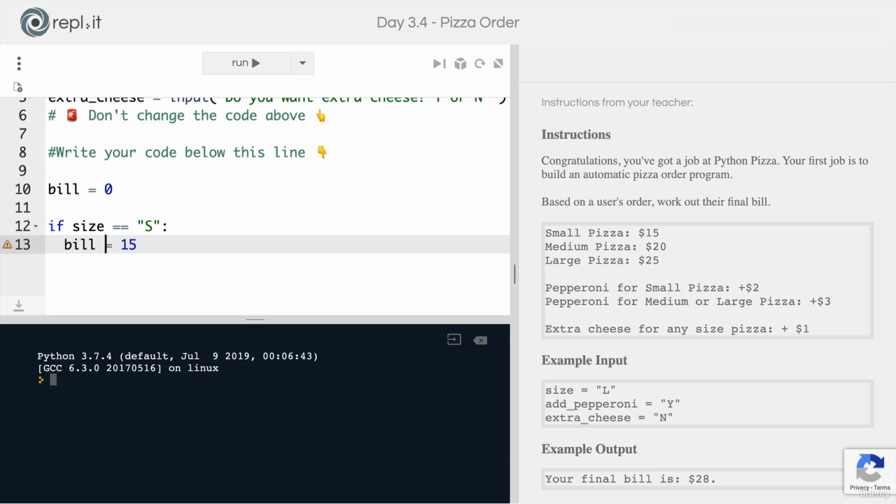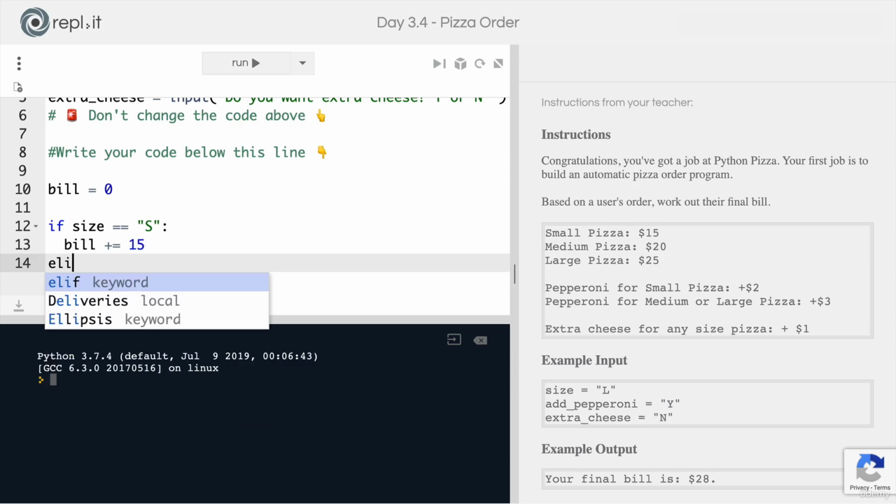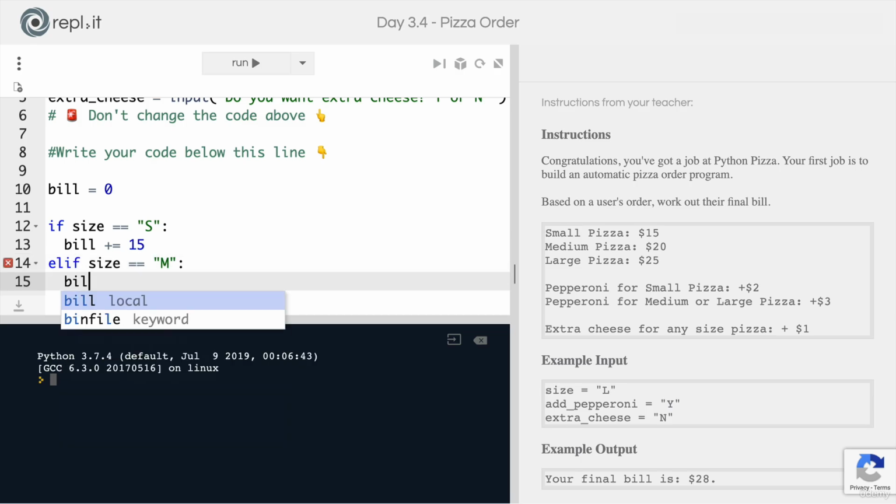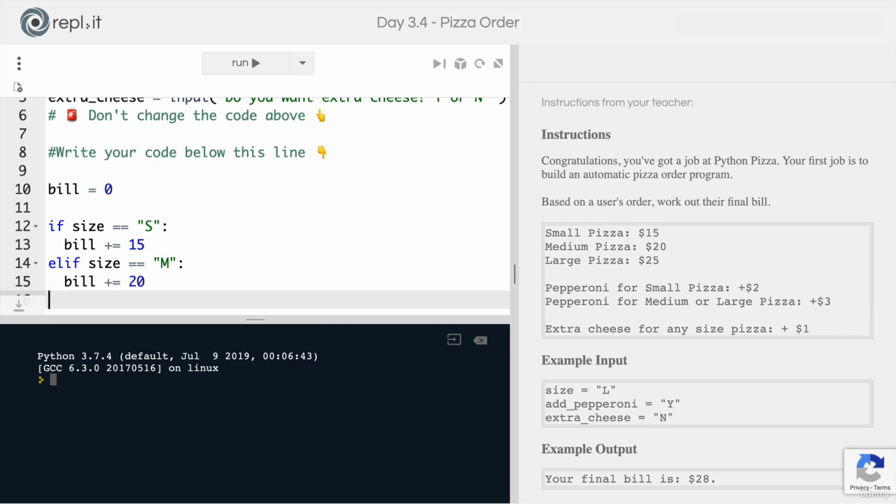Now, you can, of course, simply just set the bill to $15 in this case, but because we've got a lot of things that can change the bill, it's easier to simply just add 15 to what it is currently, using the plus equal sign that you learned about. Then we're going to check with an elif. Elif the size is equal to M, so if they chose a medium pizza instead, then the bill is going to increase by $20 instead. And finally, for all other cases, namely if they got a large size pizza,